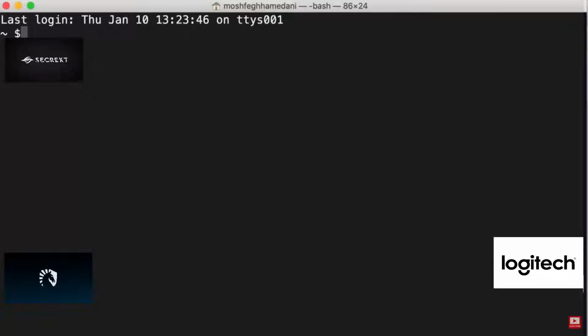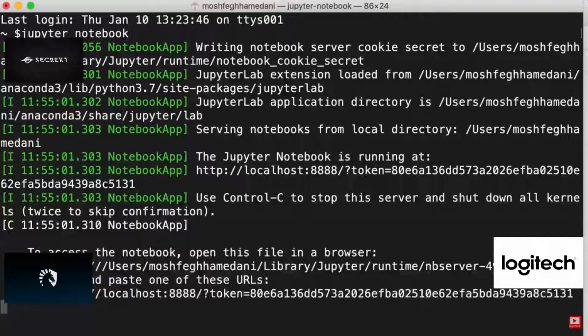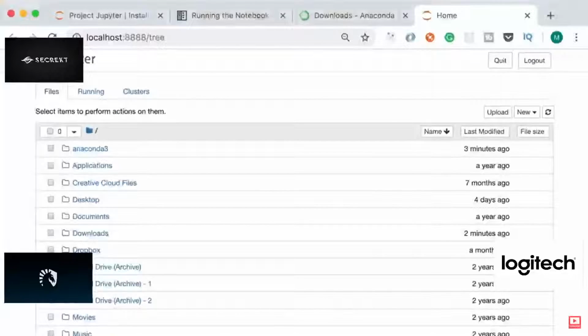All right, now open up a terminal window and type jupyter notebook. This will start the notebook server on your machine. So enter. There you go. You can see these default messages here. Don't worry about them. Now it automatically opens a browser window pointing to localhost port 8888. This is what we call Jupyter dashboard. On this dashboard, we have a few tabs. The first tab is the Files tab. And by default, this points to your home directory. Mac, you can see here